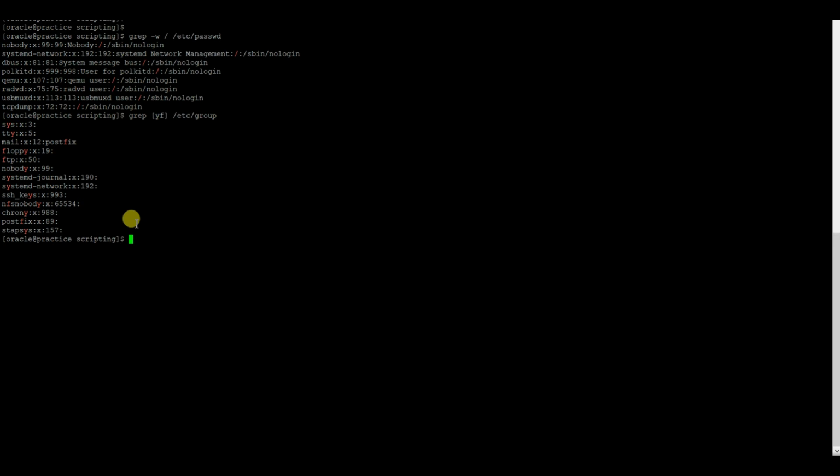Now you need to grep for a regular expression starting and ending with a character with a fixed number of characters. How will you do that? grep